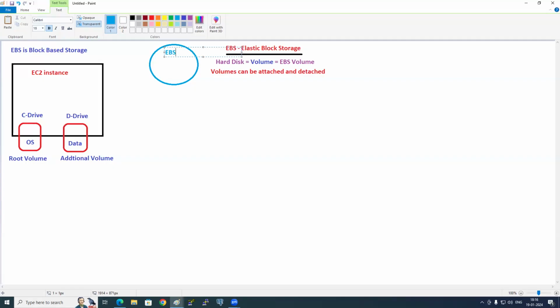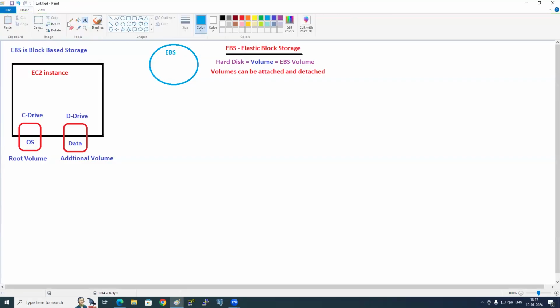AWS has a centralized storage, which is called EBS. If you want a volume, go to EBS, create it, however much size you want, and then attach it to the EC2 instance. So that's why I said volumes can be attached, volumes can be detached anytime.